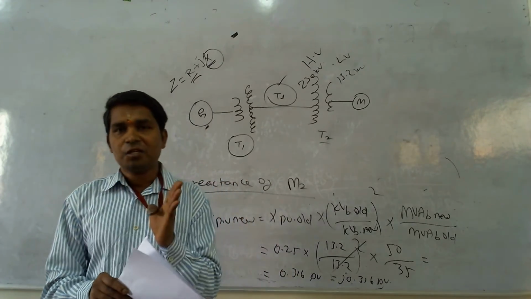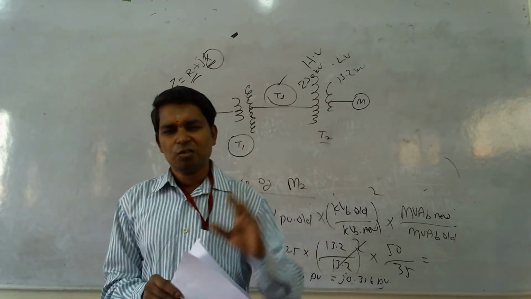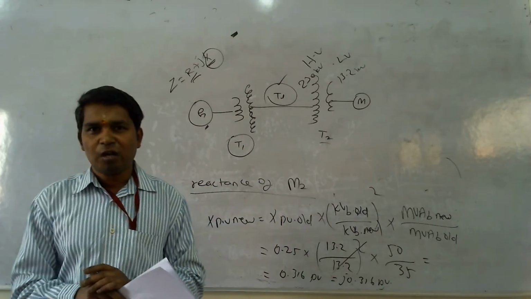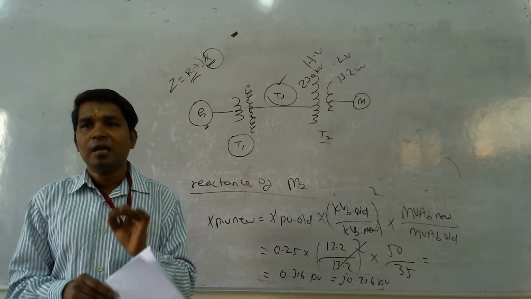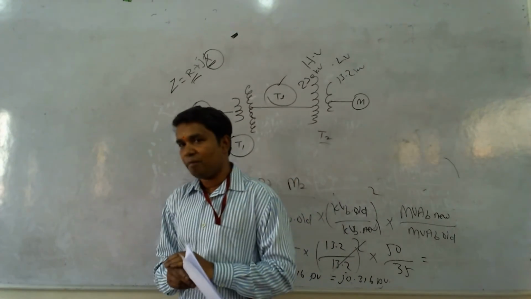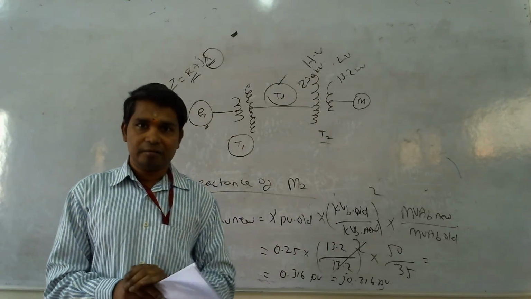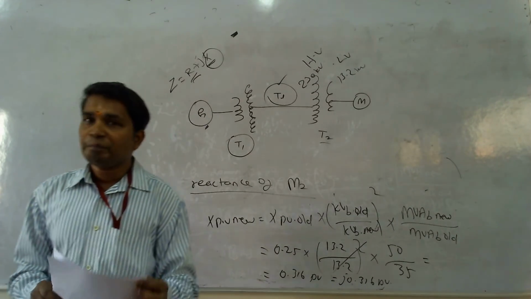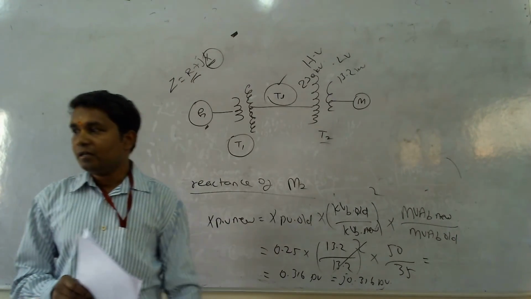In power system analysis the main focus is on fault analysis and load flow analysis, right? In the load flow analysis we use the impedance values. In the reactance diagram we only consider the reactance values, because the resistance of the system can be considered negligible. This is what we have seen in the approximation of the reactance diagrams: the resistance of the system is neglected. That's why it is called a reactance diagram. But in the load flow analysis we use the impedance values, and we will not neglect the resistance values, right?